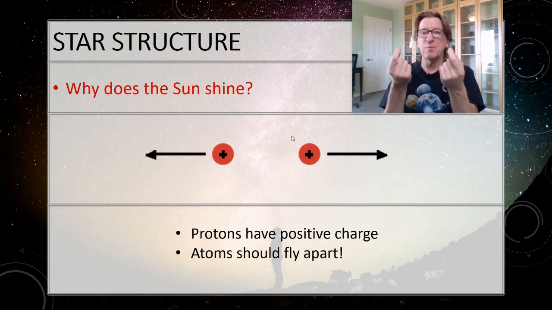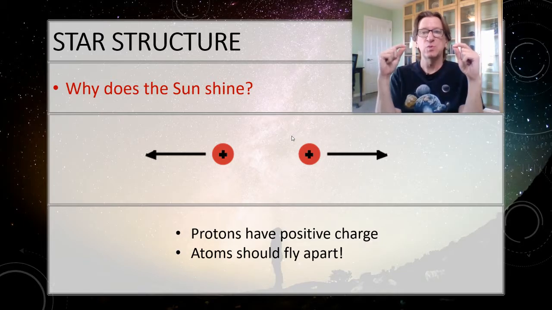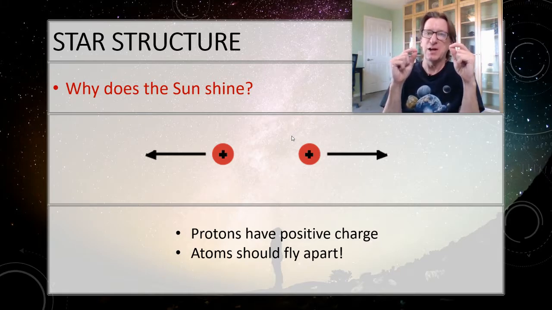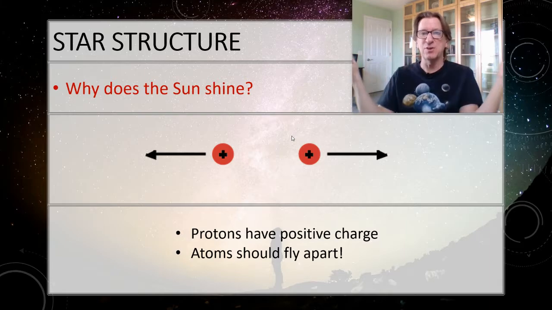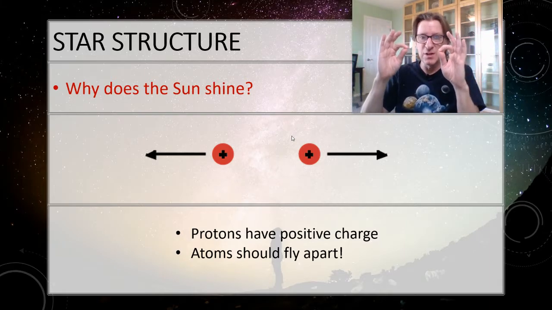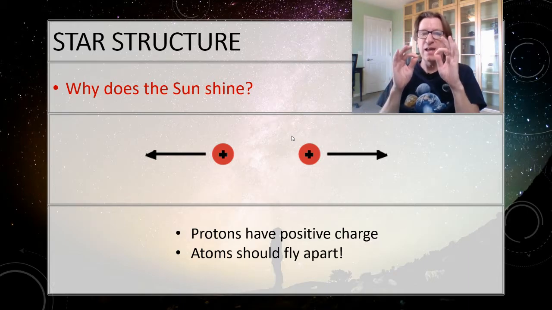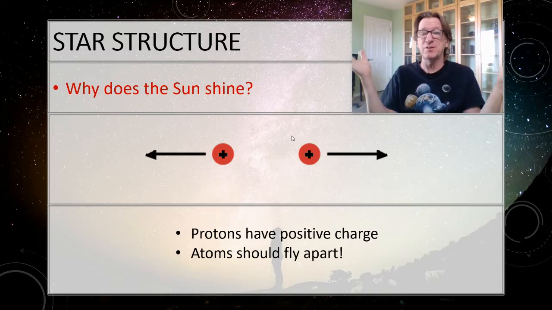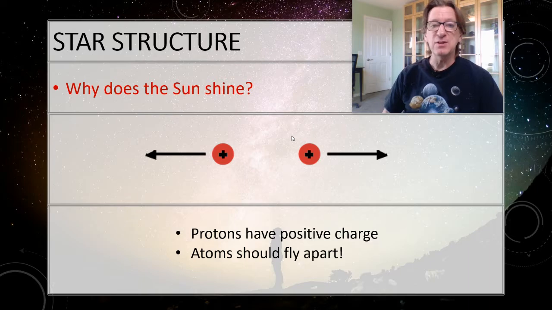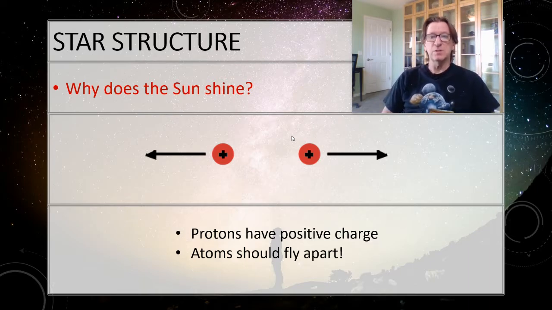If you remember from high school, each one of these protons has a positive charge. So think about magnets. Do like charges attract, or do opposites attract? Well, if you think about your relationships, you probably know that opposites attract, and if you're too much like each other, then you're going to repel each other. That's exactly what's happening. These protons don't want to come together. So if I have a whole bunch of protons making up the nucleus, they should all fly apart. Nothing should be holding them together. And this would be the case if the electromagnetic force were the only force involved.